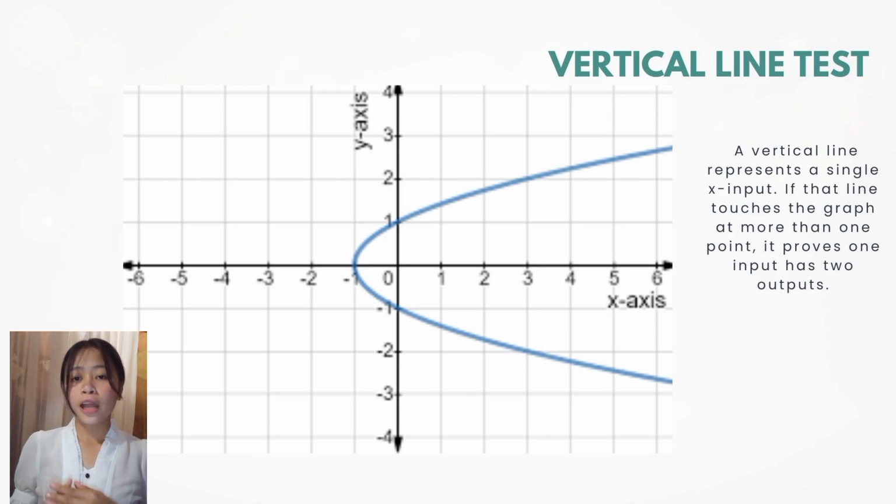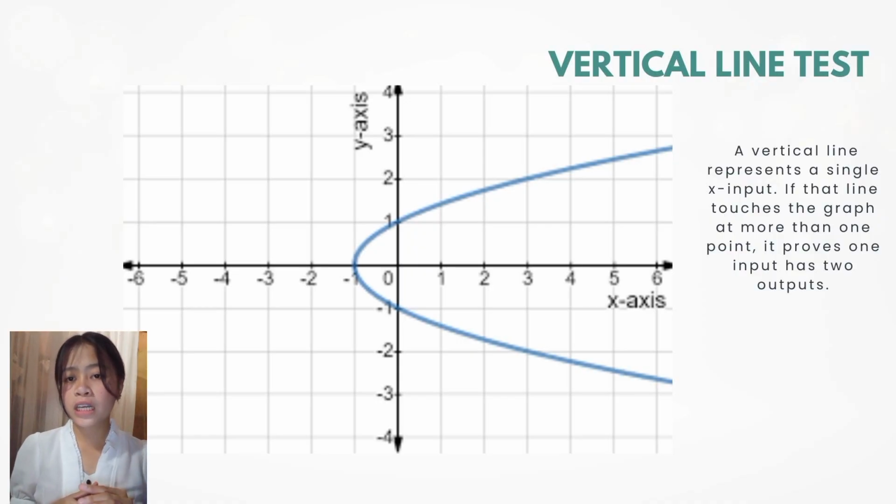Here's an example. The provided graph is not a function. Why? Because this graph follows the vertical line test, which is the definitive visual test for determining if a graph represents a function. And the vertical line test states that if a vertical line can be drawn anywhere on the graph and it intersects the curve at more than one point, then the relation is not a function. So in this graph, which appears to be a parabola opening to the right, such as x is equal to y squared minus 1,